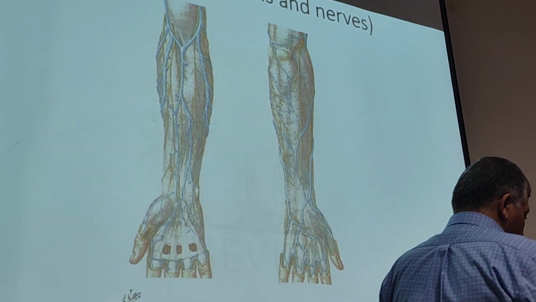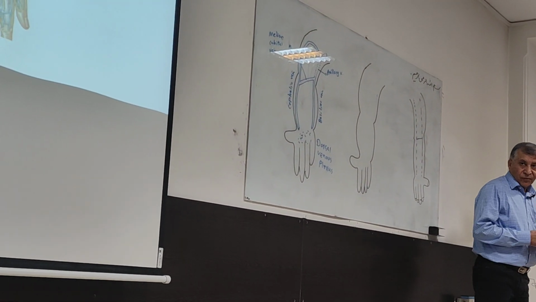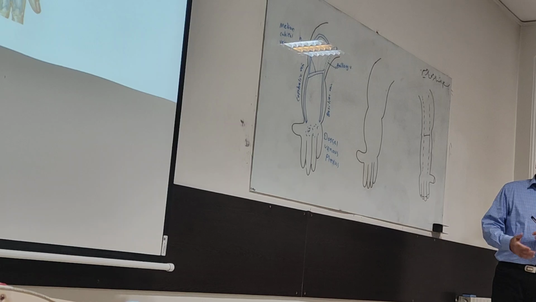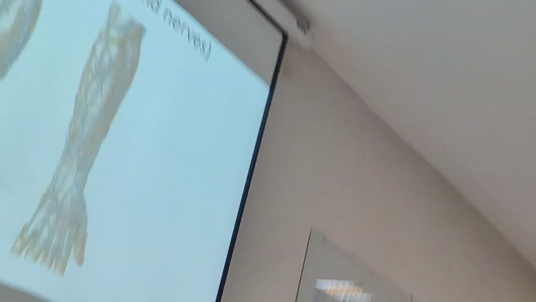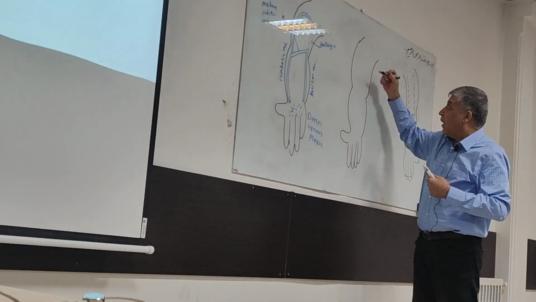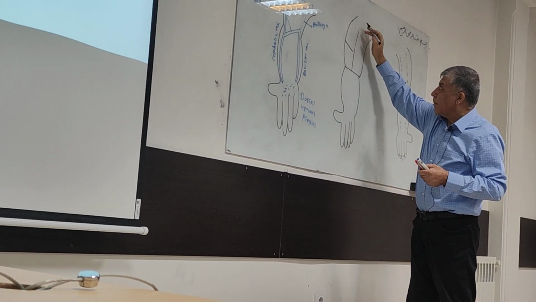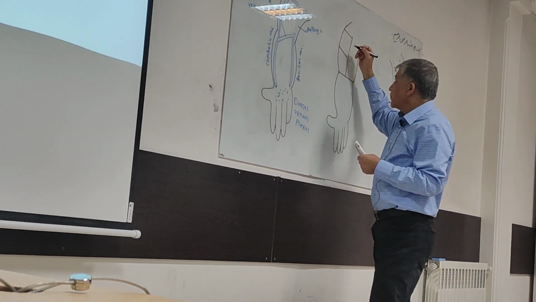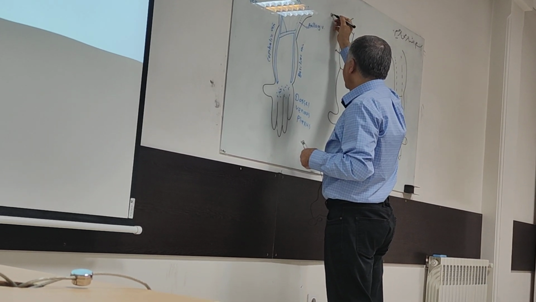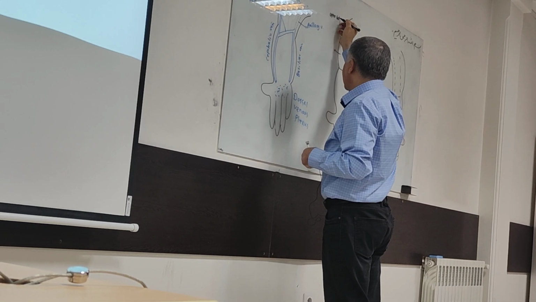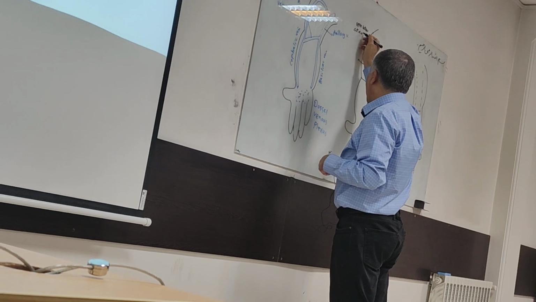Cutaneous nerves or superficial nerves. Cutaneous nerves of the upper limb in anterior view and posterior view. All of them are: upper lateral cutaneous nerve of arm,